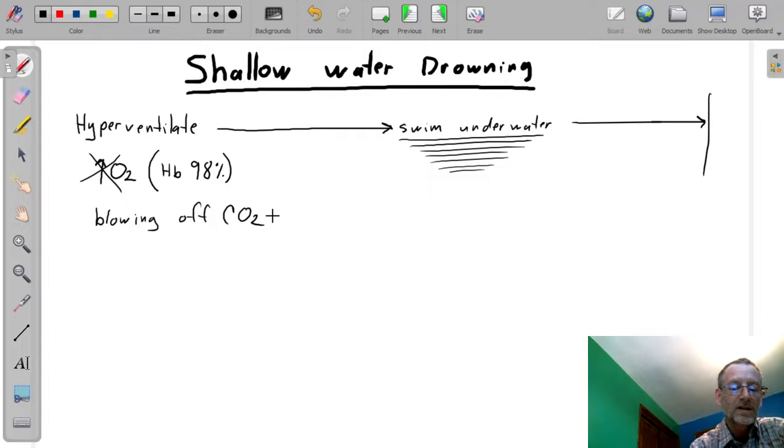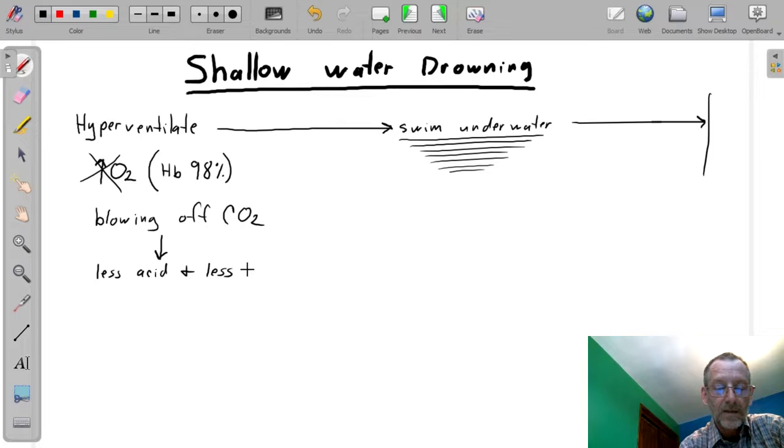So there's less CO2 in the CSF. So there's less acid and less hydrogen, which leads to